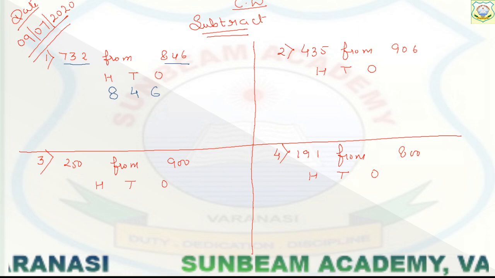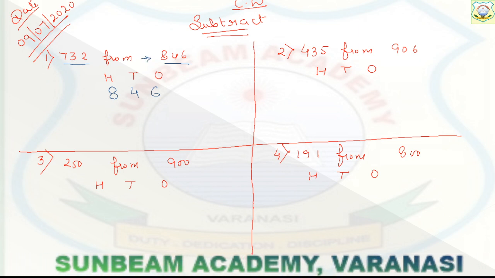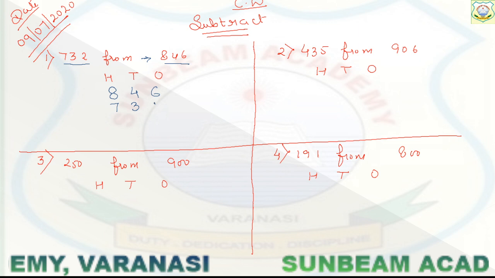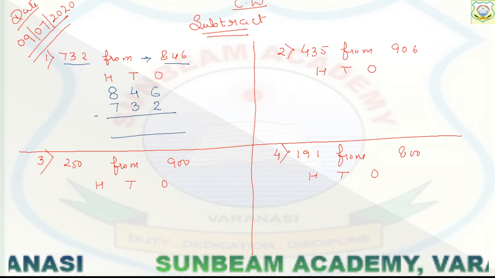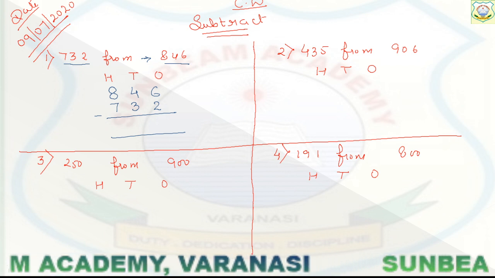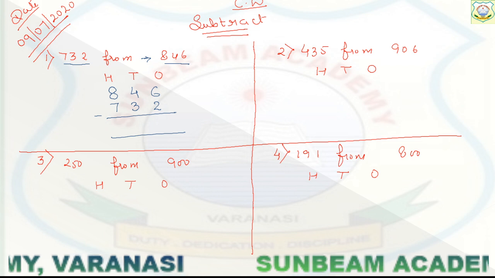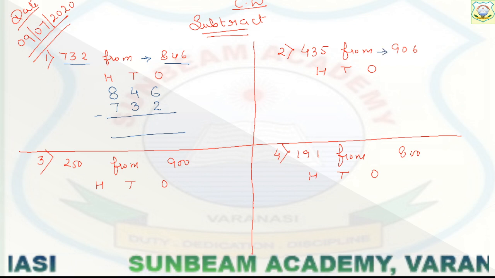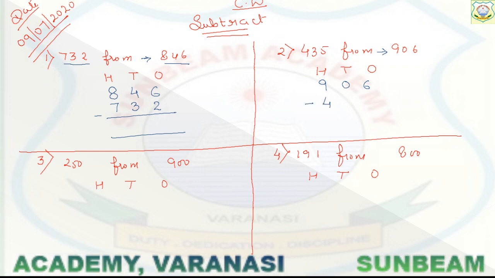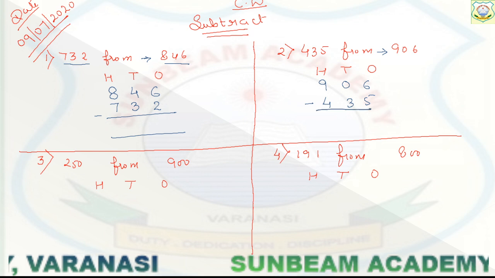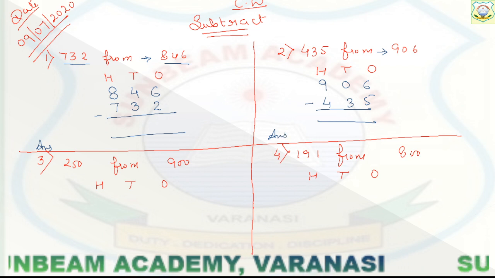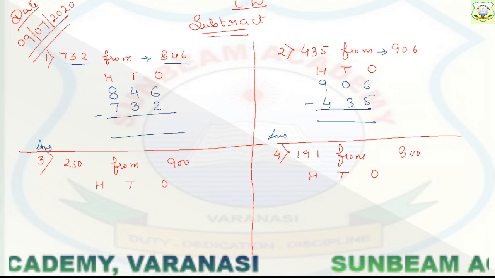When it is written from, it means it is stressing on this one. So this will be the minuend and the smaller number will be the subtrahend. Just note it down, students, and don't get confused in this. It's very easy. Here also, 435 from 906. When there is from, this will be the minuend, minus 435. Okay, and you have to leave one place for the answer also. Just do it in this way. Note down all the questions. The next is